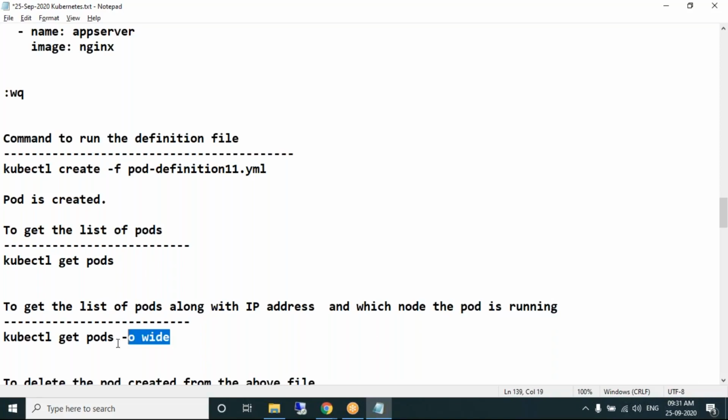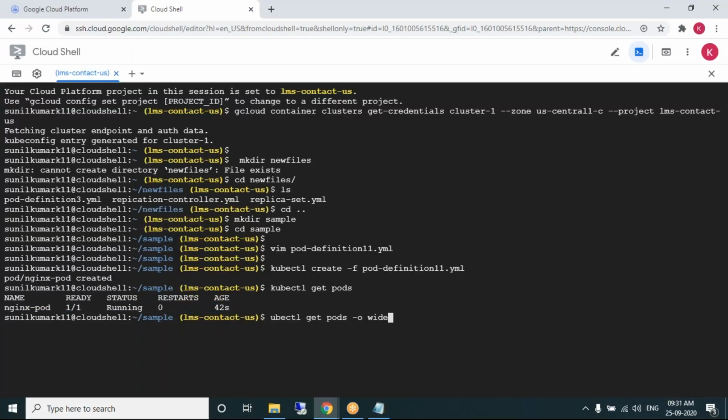Wide output will give you more information about the pod. Same command, -o stands for output, wide output. I'm showing you wide output.